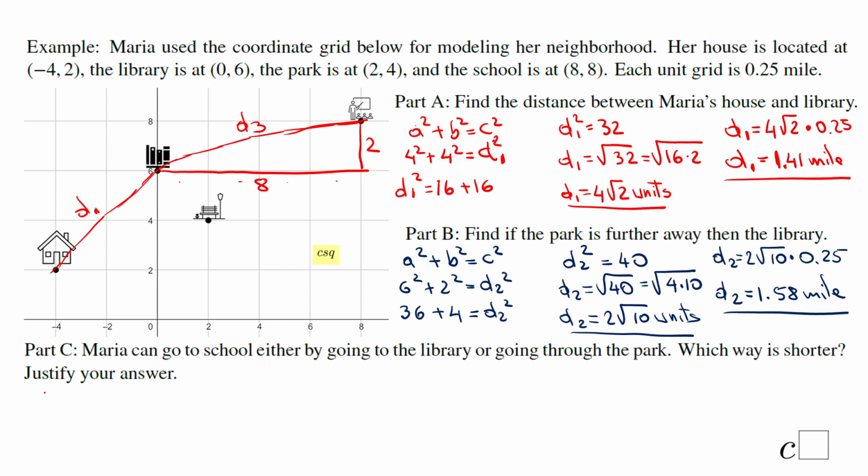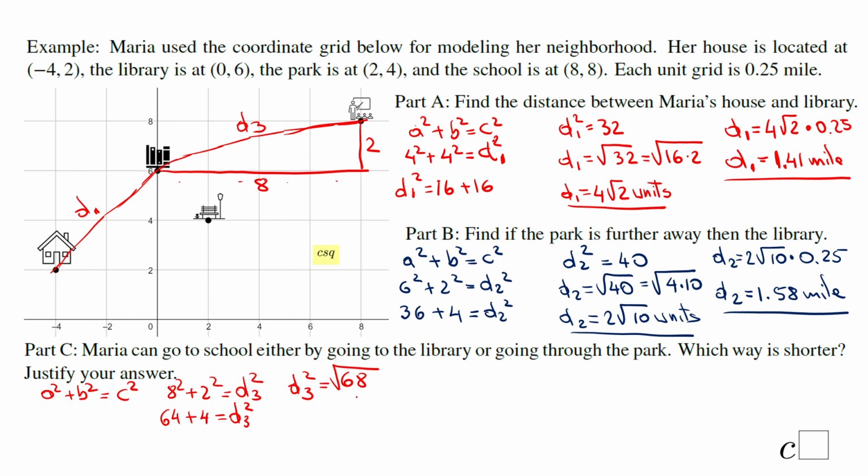So again, one more time, a squared plus b squared equals c squared. Now in this case we have 8 squared plus 2 squared equal d sub 3 squared. So we have here 64 plus 4 equals d3 squared. So d3 will be the square root of 68,